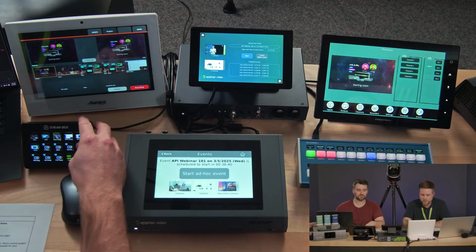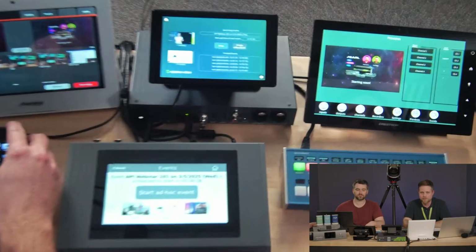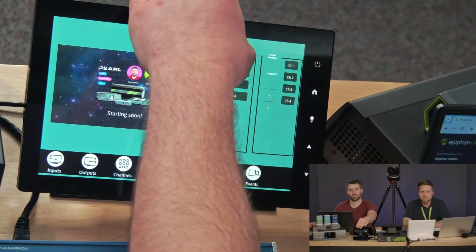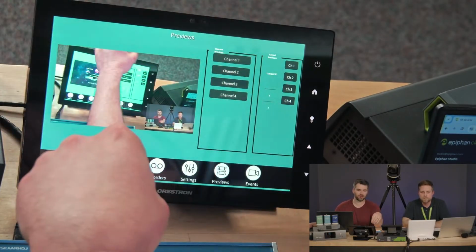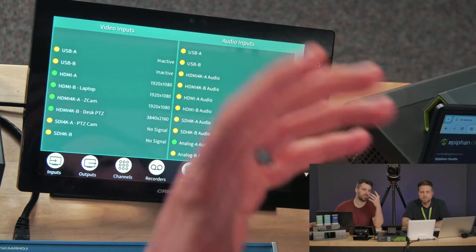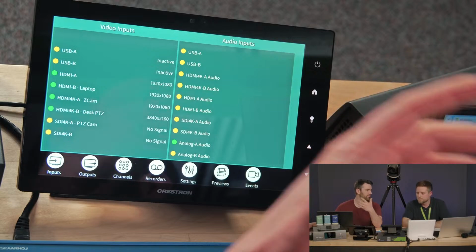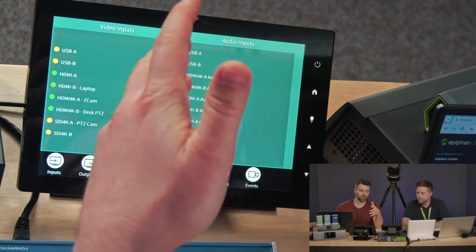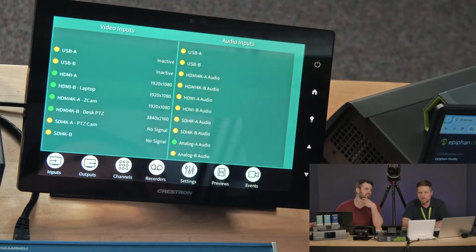Why don't we touch on the Crestron a little bit here? Sure, because everybody's familiar with Crestron, right? Yeah. So this is a Crestron module. We can get previews of our channel and things like that. We can look at what inputs are coming into here. And this is the base level module. I believe they call it a plugin. It's on the Crestron marketplace. Then you can bring this into your Crestron environment, load it up and expand on it from there.